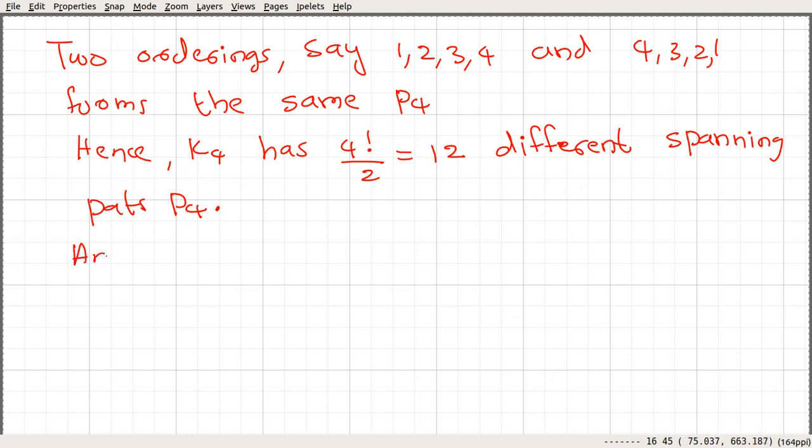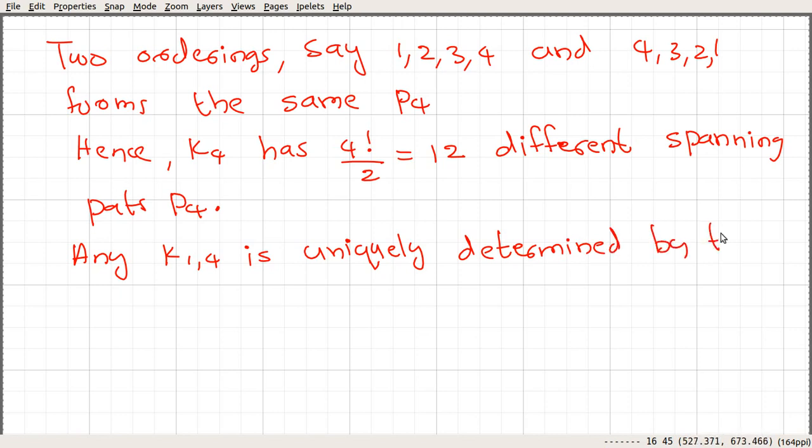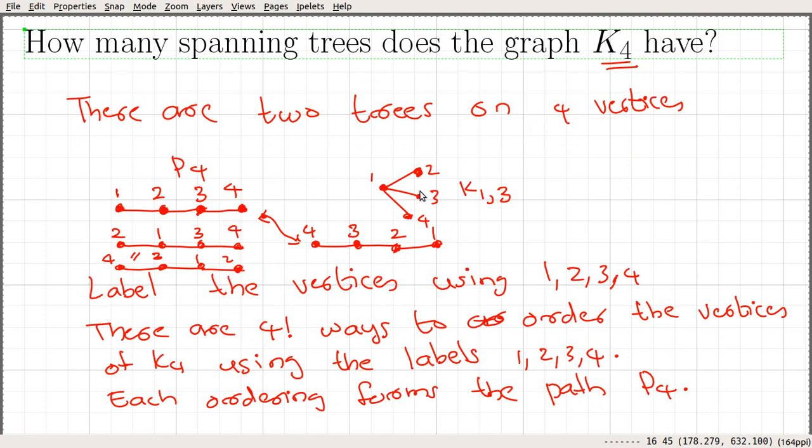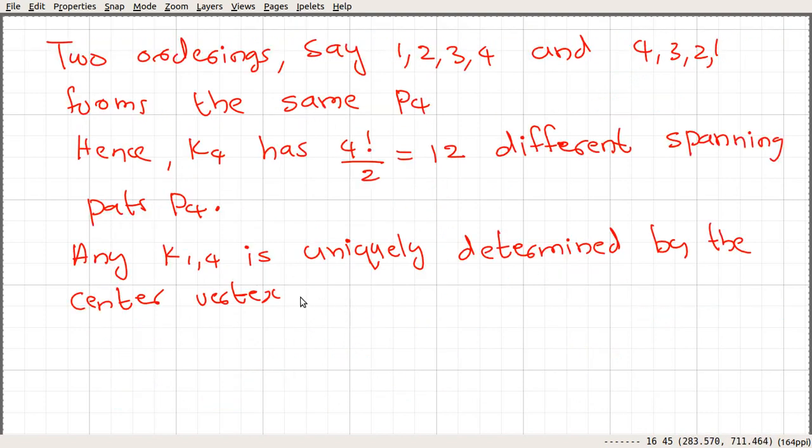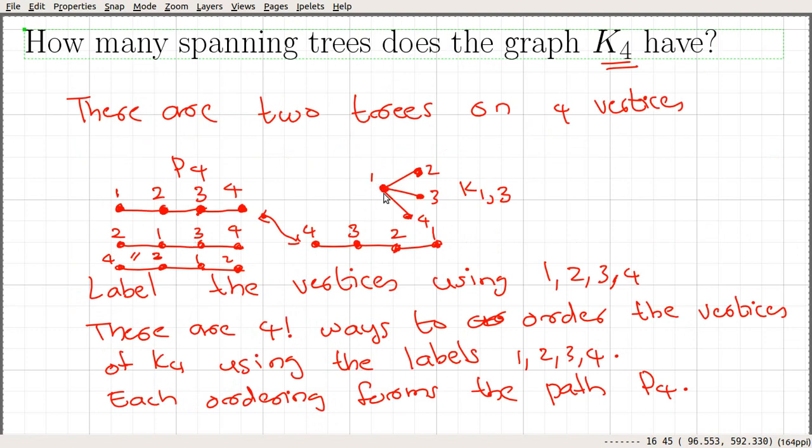So we can see that any K1,3 is uniquely determined by the center vertex, I mean this particular vertex. And that says here we have 4 choices. We could label this by 1, 2, 3 or 4.